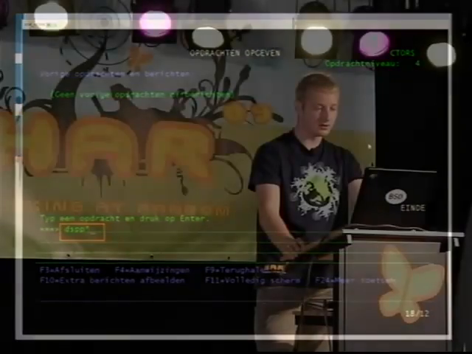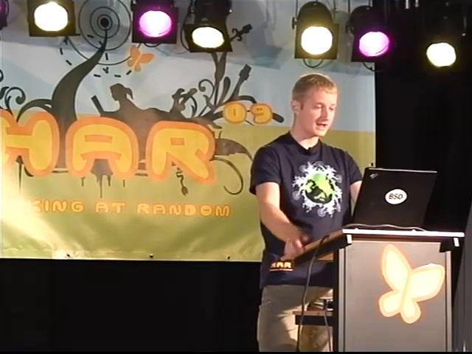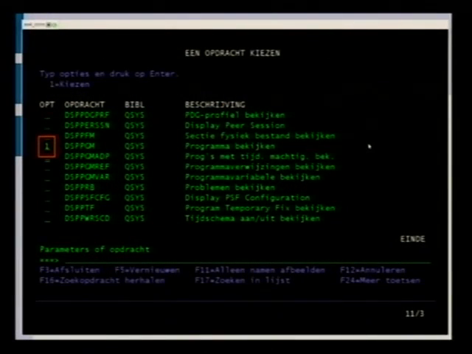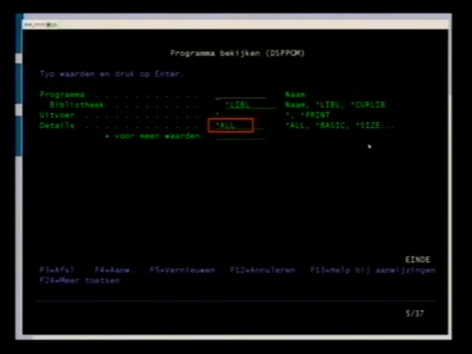If I don't know the program exactly, and I know it starts with DSP, I can type DSP star, and I get a list of all the programs that start with DSP. Then I can just select the program I want, and it will run for me.